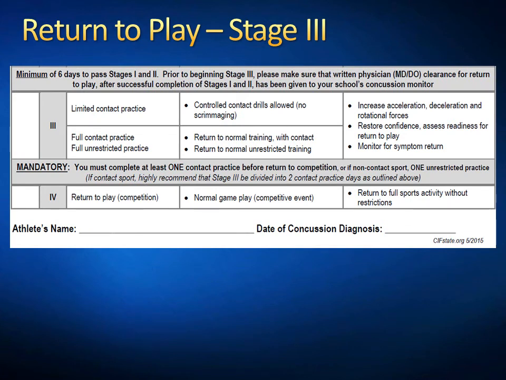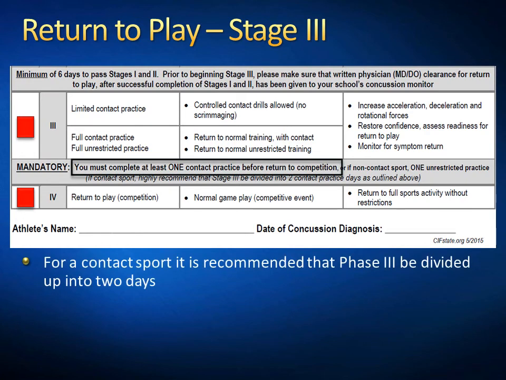With physician clearance, the athlete can now progress to contact practice. Again, this form was developed to allow for documentation of the dates that these phases take place. When the athlete begins Phase 3, assuming no complications, they will have entered the 7th day of the protocol outlined by AB 2127. Phase 3 requires that the athlete participate in at least one contact practice before returning to competition.